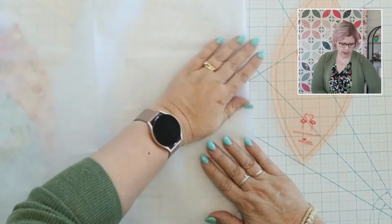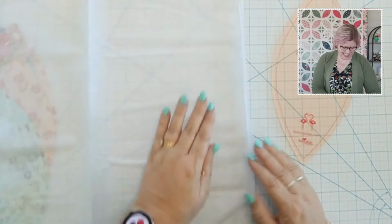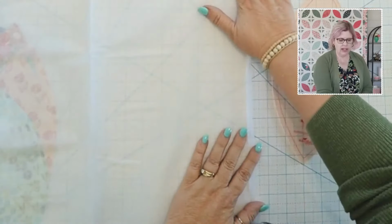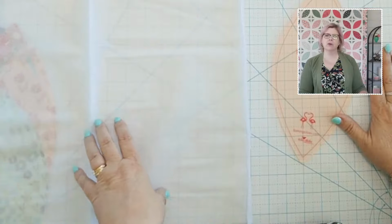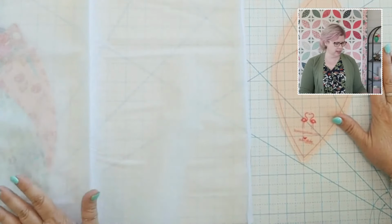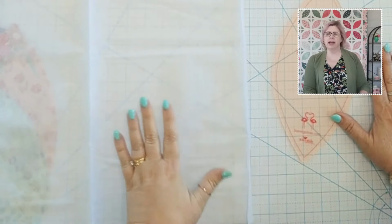This is fusible interfacing, which is why it is folded like this. And you can't press fusible interfacing, because if you do, you will end up with it either fused to your ironing mat or your iron, either of which is a bad scenario. So don't do that. We are going to need fusible interfacing, and it says in the pattern instructions how much